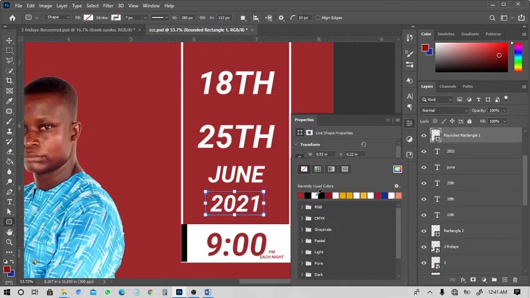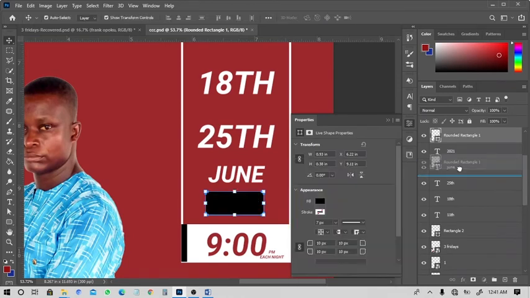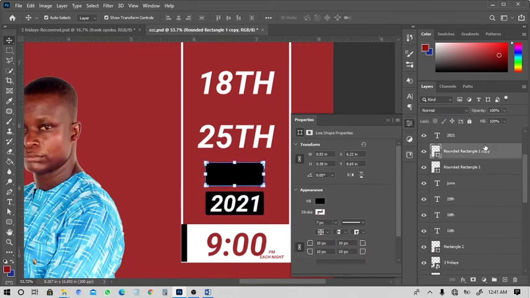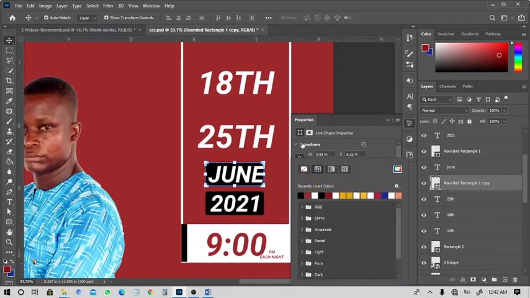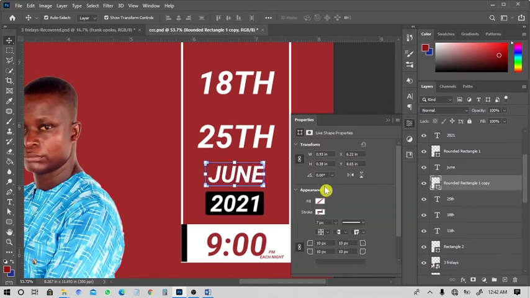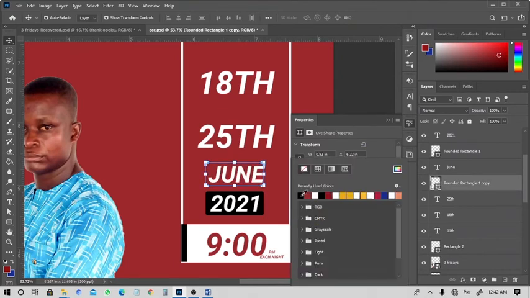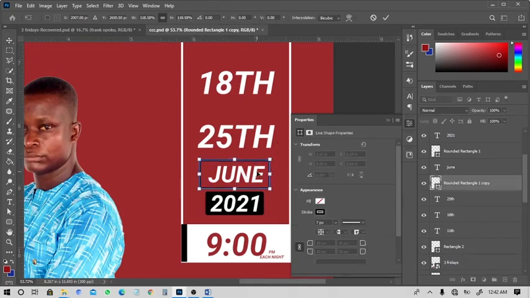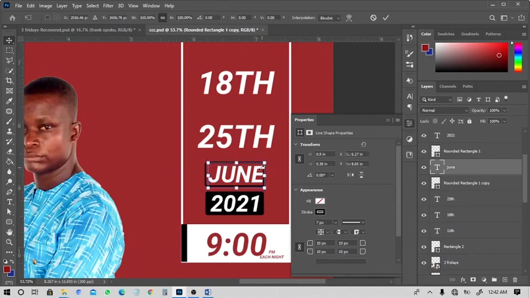2021, fill with black color and bring it beneath the 2021 to make it show up, and I'll make a copy of it and move it to the June, and that one too I'll move it beneath this one. But this one I don't want the fill, I want stroke instead, so a black stroke will work fine, but I will increase the size of this instead, or reduce the size of the June.